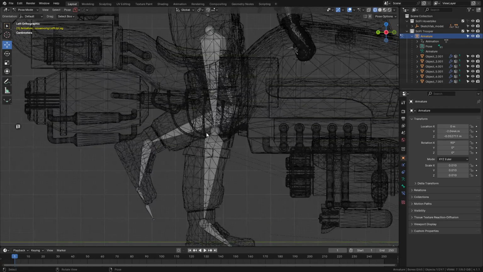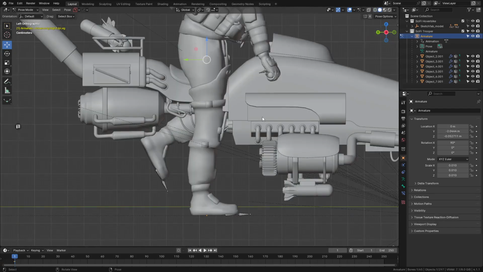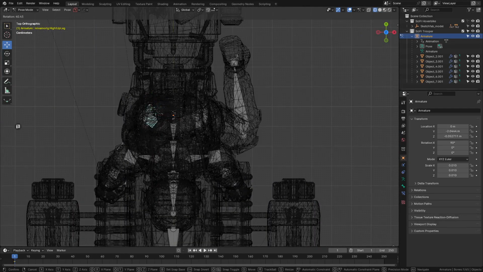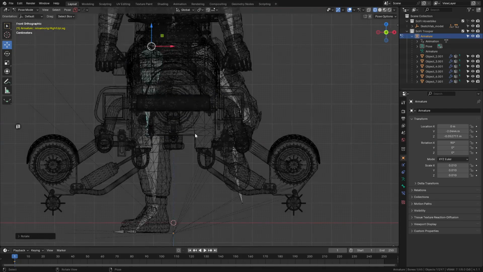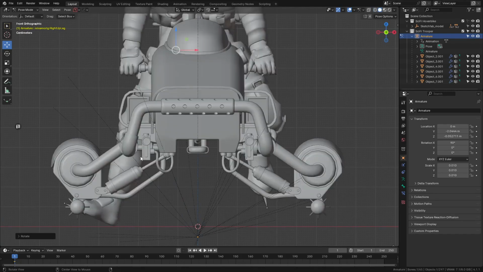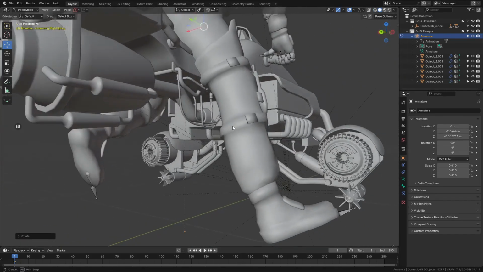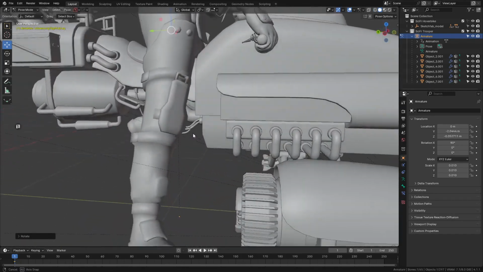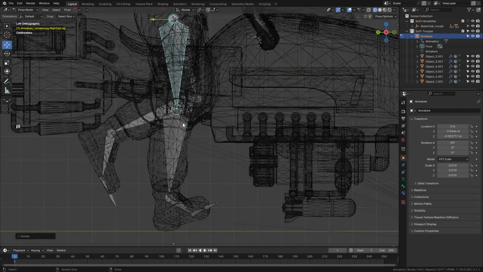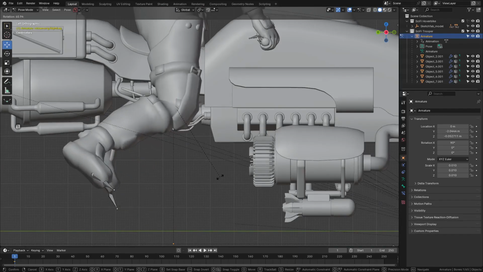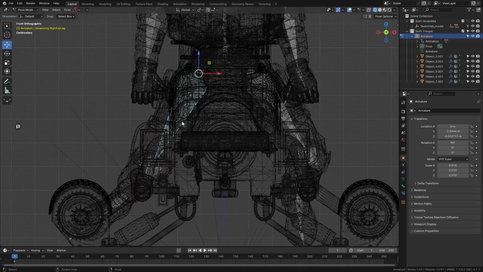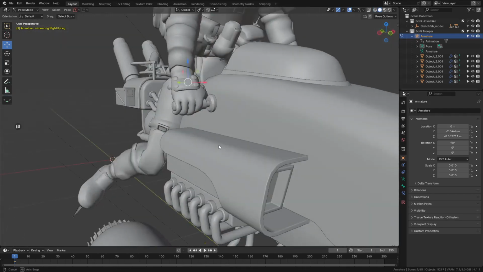I'm gonna go into the wireframe mode, select this bone, and go into the top view and rotate this thing just about there. Go into the front view and rotate it to somewhere around here. And okay, I'm gonna go into the side view and rotate this thing to somewhere around here. I'm gonna go into the front view, select this thing,